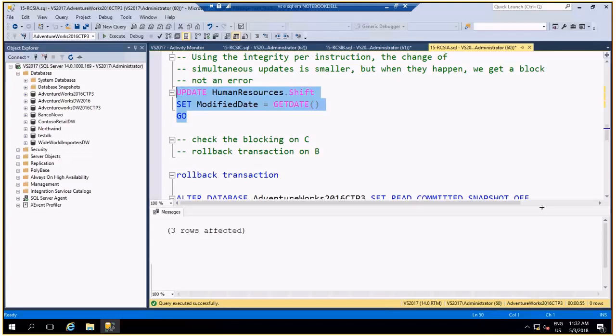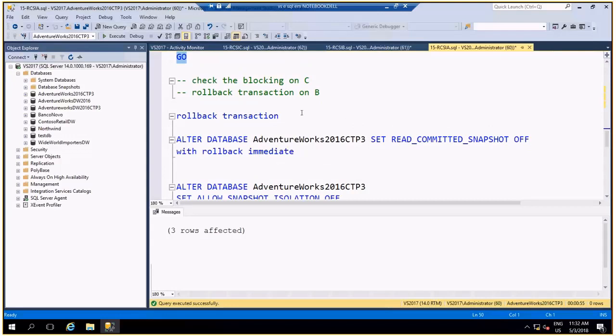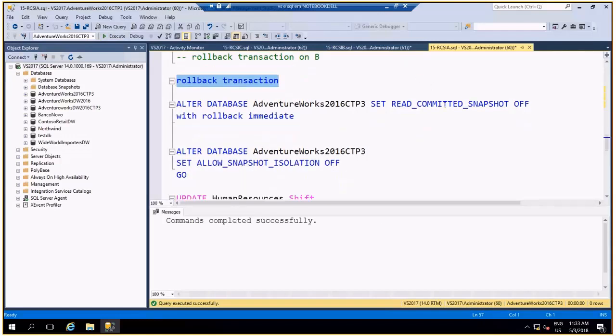So A would get a concurrence error. On RCSI, this doesn't happen. A is committed. RCSI can create some conflict, but still it can save a production application. Let's go back. Then I can disable everything.